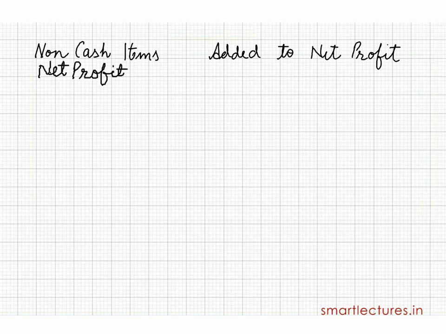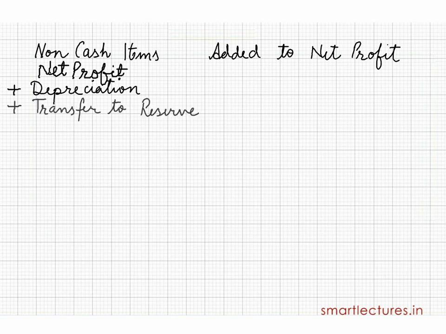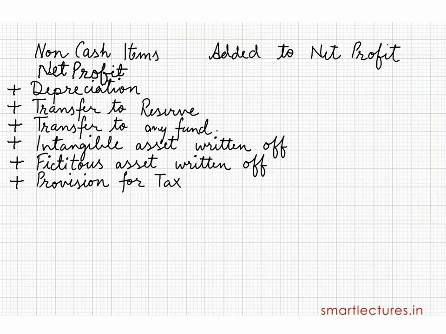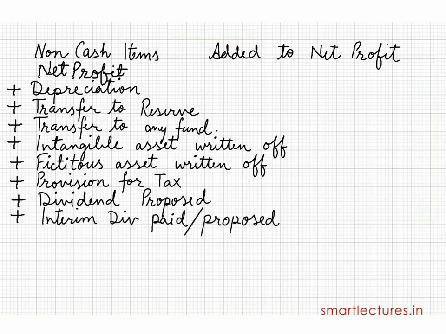So the list is: net profit plus depreciation plus transfer to reserve plus transfer to any fund, any intangible asset written off plus any fictitious assets written off plus provision for tax made plus dividend proposed plus interim dividend paid or proposed plus loss on sale of fixed asset